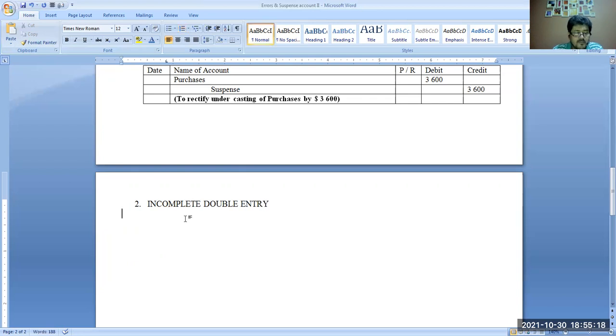Okay. Incomplete double entry means, for instance,